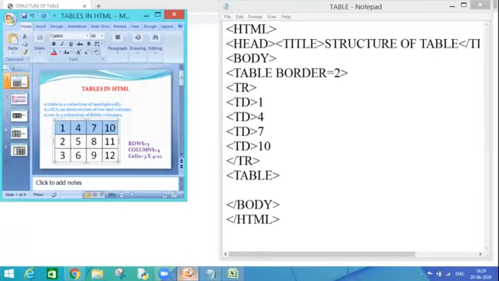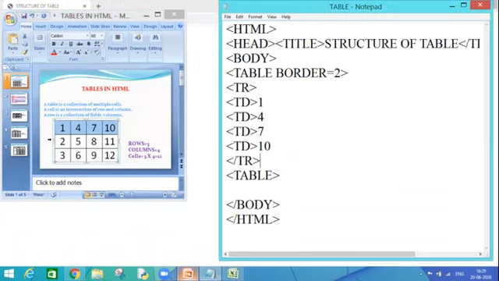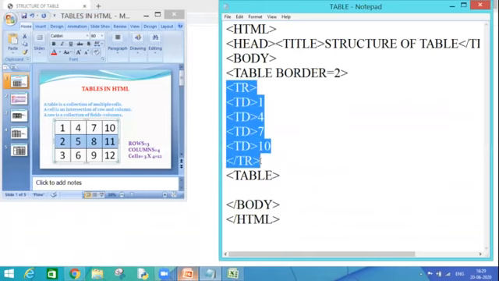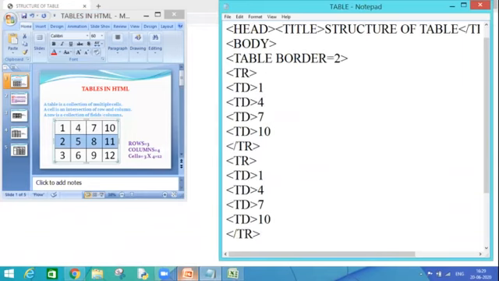Right? Similarly, now let's focus here again. As you can see in my table, my second row is again containing 4 cells. So what can I do? I can copy the structure, Control C, and paste it, because according to my previous row and my next row, 4 cells are there.